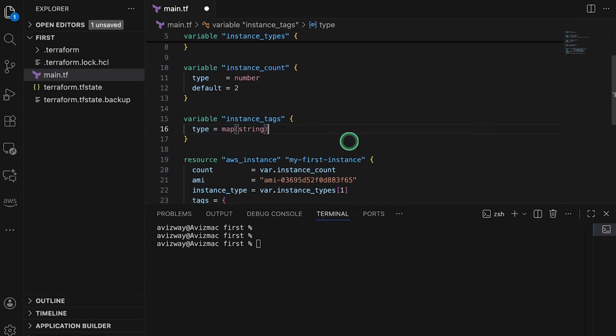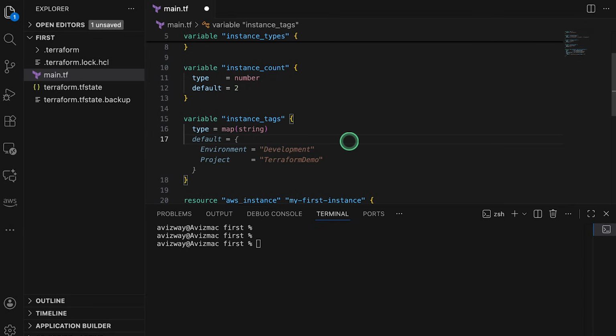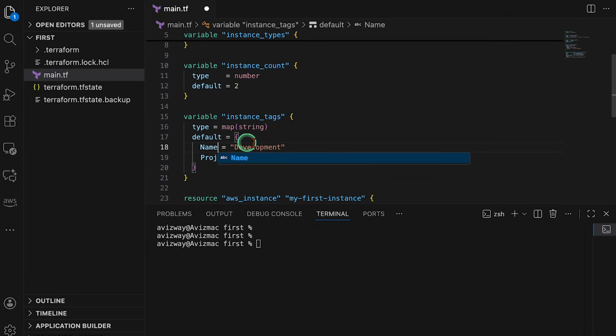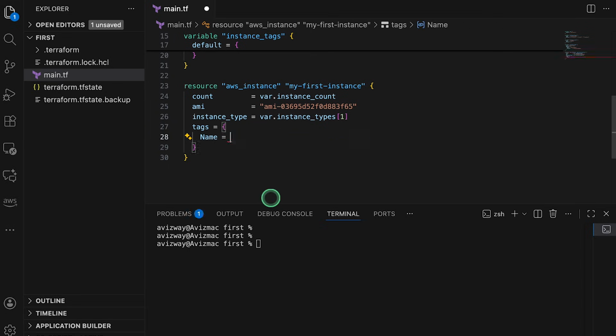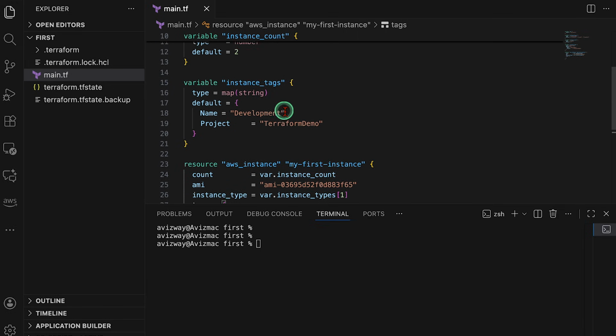Now what default tags do you want to add to your EC2 instance? I don't want to add name here, so I'll remove that entire name section. Here I want to add it as a